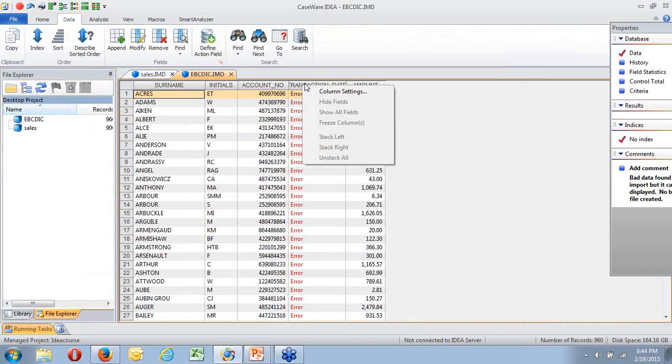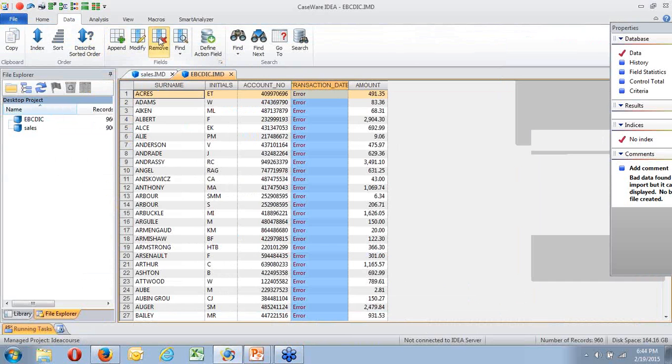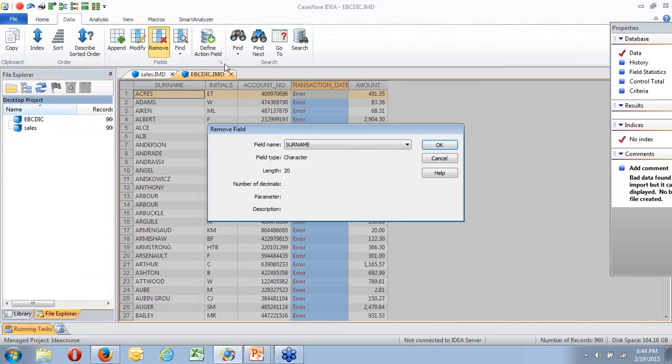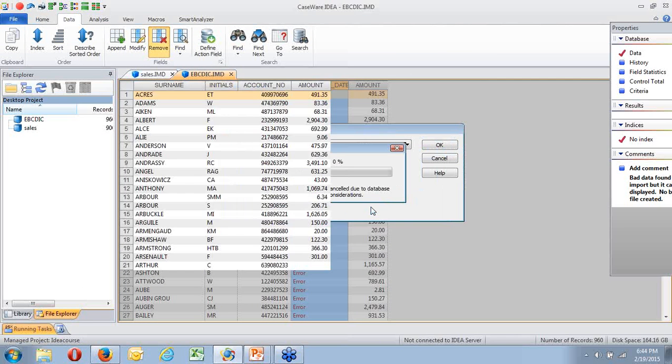Now I could take that field and remove it. Oops. Remove the field. Which field? I want to remove my transaction date. And it's gone.